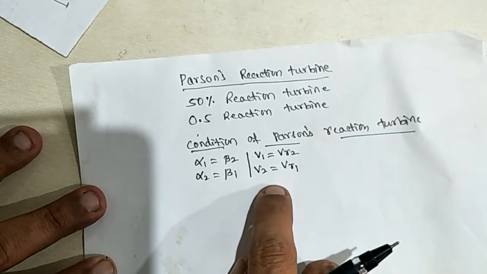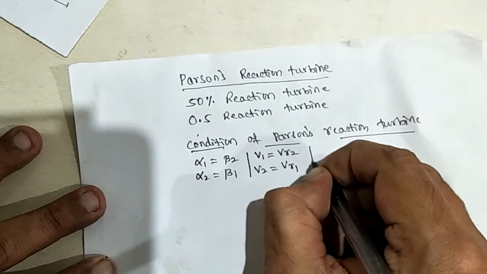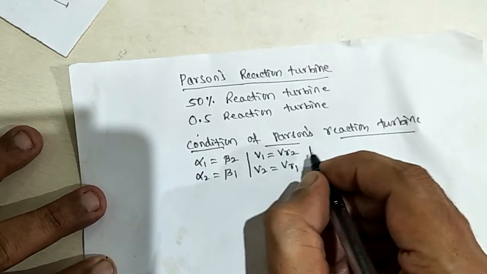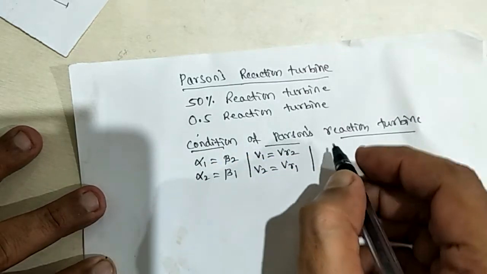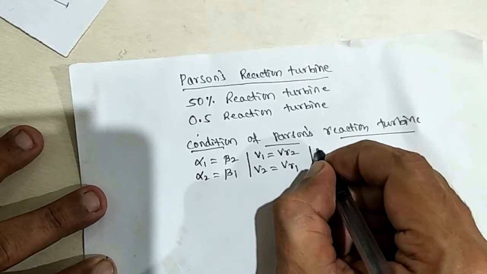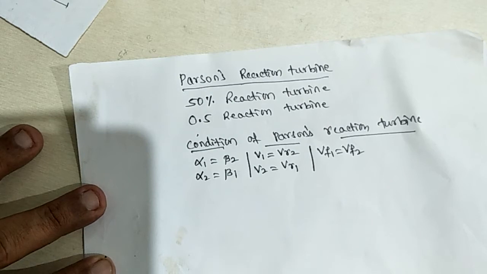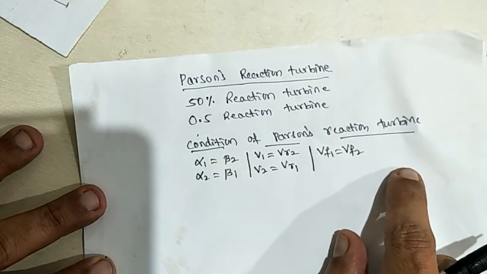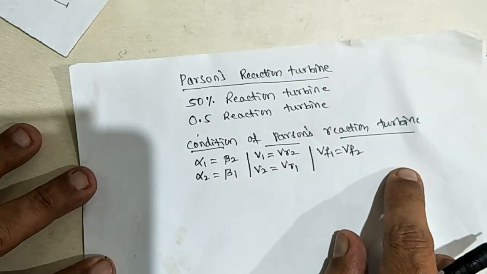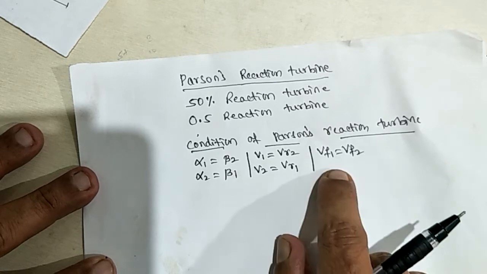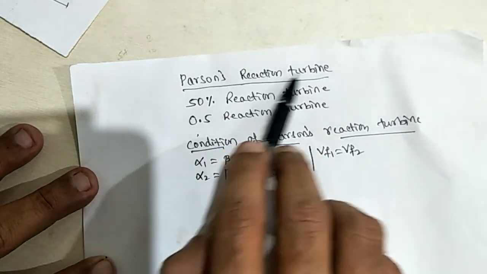These are the two important conditions. Along with that, if we implement all these conditions on the velocity triangle, we get Vf1 is equal to Vf2. These are the direct conditions that are necessary if it is a Parsons reaction turbine